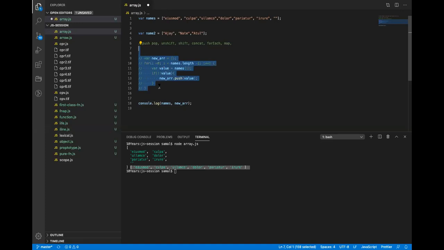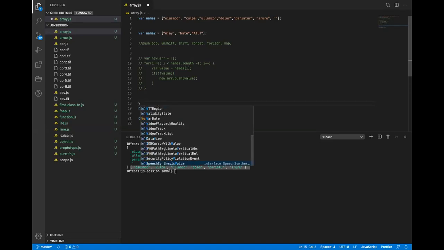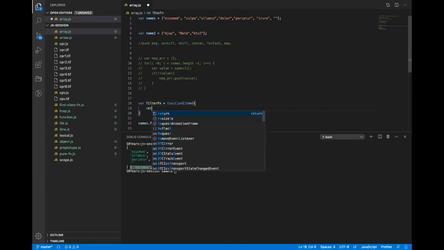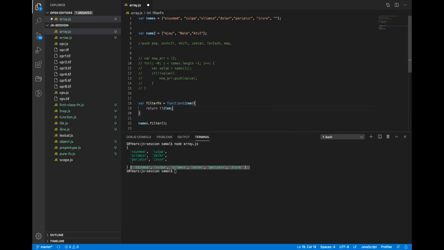JavaScript provides a built-in method for that called filter. So I can just do names dot filter, and it takes a function. I'll just write the filter function, and say function and item. Each item iterates over and passes the value. Again, just like map, it also has to return something. Any truthy value, when it is negated, we can just do this. Whenever it returns truthy, all the truthy values will be kept. So if I pass this here, again I have to assign this to a new variable.